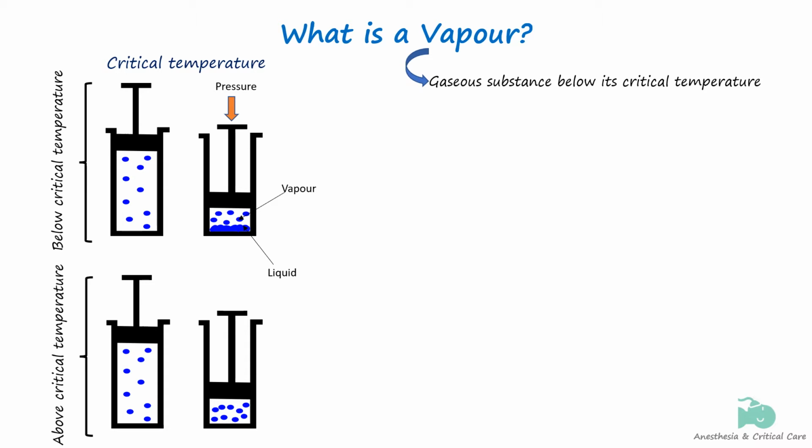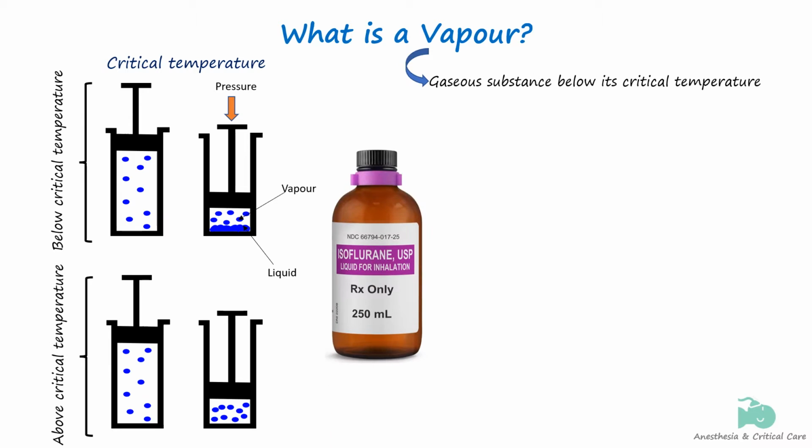In contrast, a gas that is above its critical temperature remains in its gaseous form. No matter how much it is compressed, it will not condense into a liquid. Let us take isoflurane as an example. The critical temperature of isoflurane is about 200 degrees Celsius. Therefore, at room temperature around 21 degrees Celsius and atmospheric pressure of 760 millimeters of mercury, isoflurane exists as a